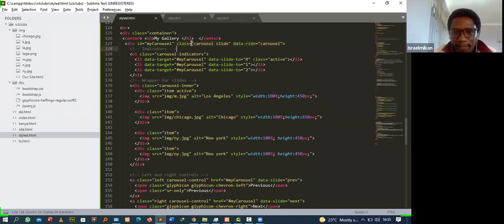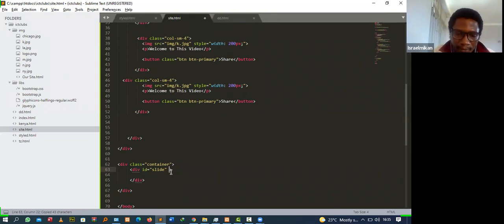This is the class we need. This one, class carousel slide with the data ride of carousel. Okay, so we just add it there. Remember, these classes are already written, they are predefined, so you just call it and use it. You don't need to re-code it again from scratch. Okay, so now after defining our slider in here,